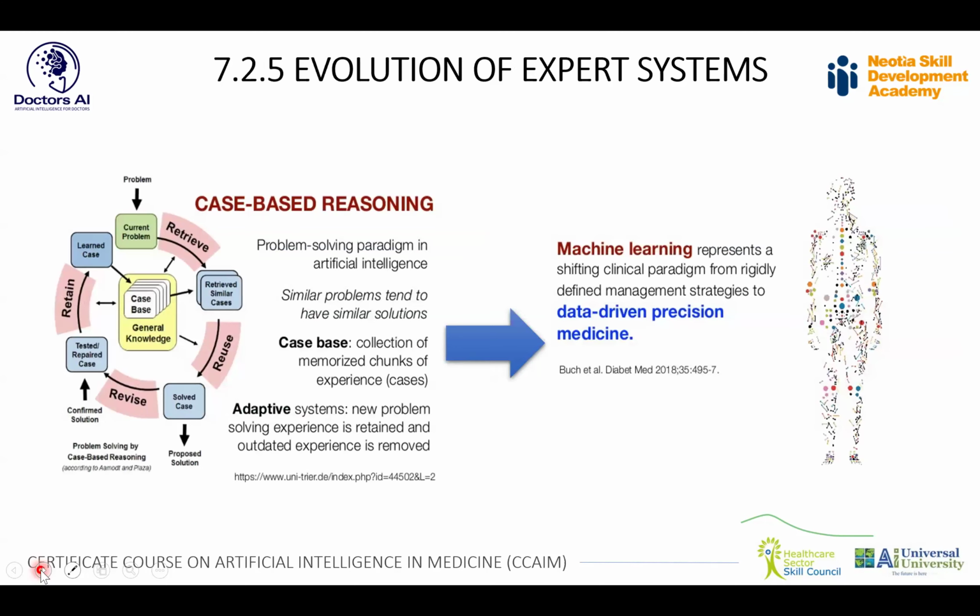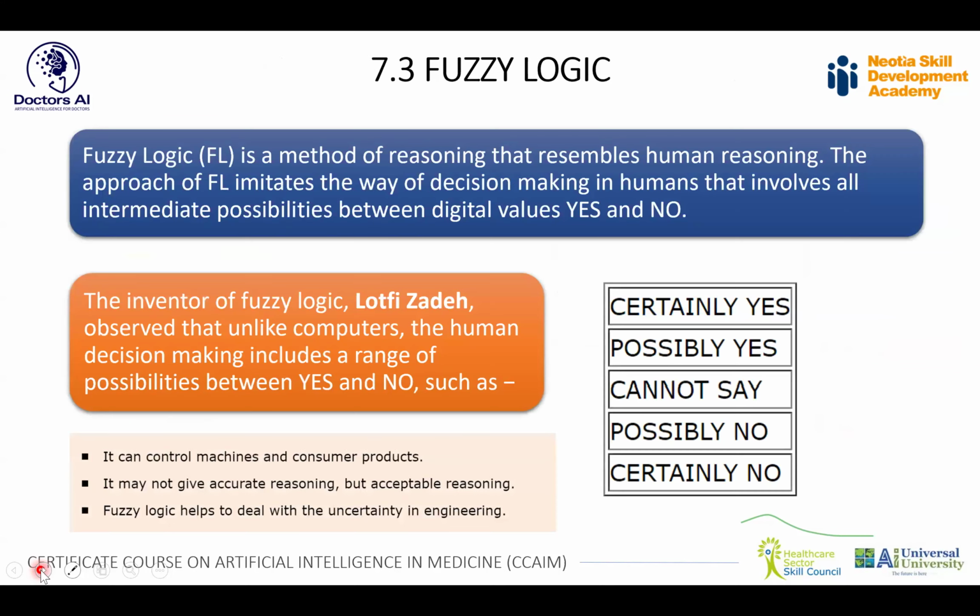In the field of AI, you have seen evolution happening in the field of expert systems. From case-based and rule-based reasoning, we have shifted into the era of machine learning, where we are really looking at more data-driven precision medicine coming in. So when you talk about AI in medicine these days, we no longer talk of expert systems by and large, but they form the foundation actually. And from there, we have shifted into the era of machine learning, which we will explain in detail in upcoming modules.